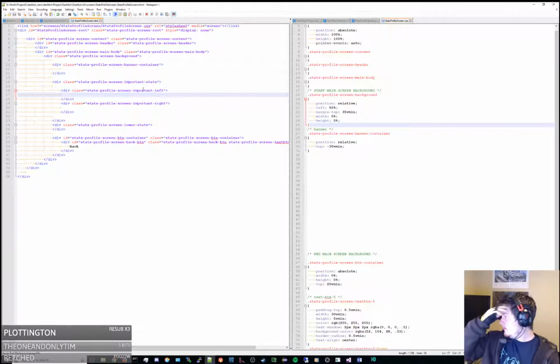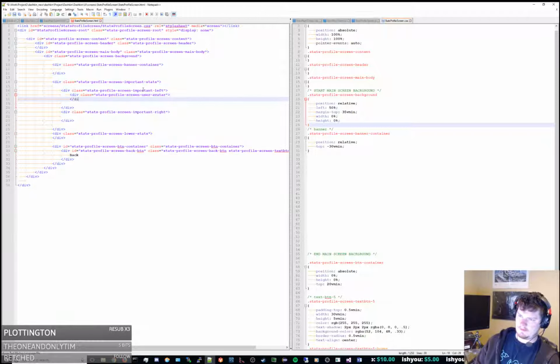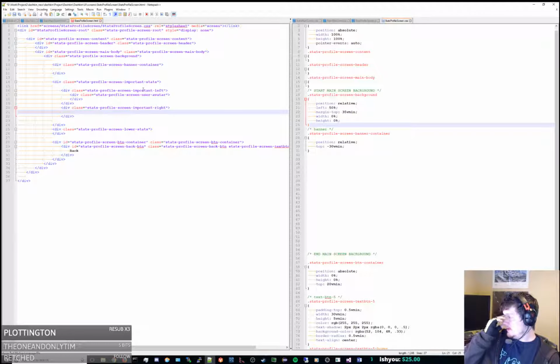Okay, so basically inside of this important left, we have a user avatar picture going on there. On the right side, it looks like we've got these columns that come down. So we need these lines,